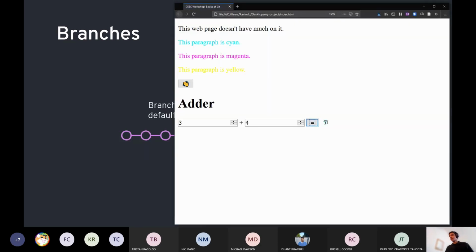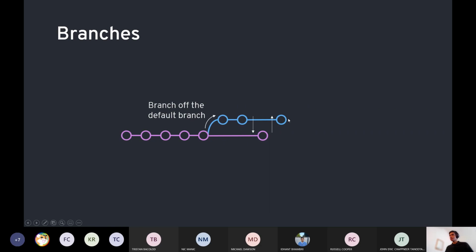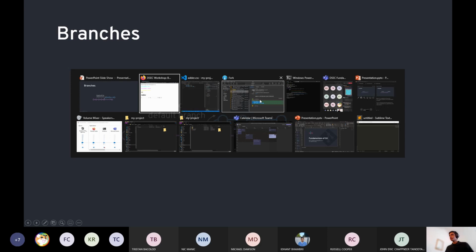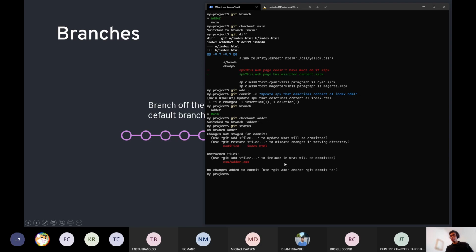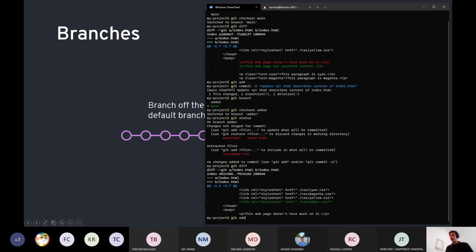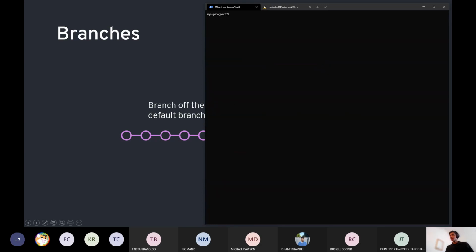So 3 plus 4 equals 7, and you'll see that the actual changes that we did now, that is the CSS changes, have been added here. So I'm just going to commit this change as a new commit on my adder branch. So again, git status shows us that we've modified these files. Git diff shows us the changes of index.html. I'm just going to add everything. So stage everything using git add, and git commit -m, and I'll call this emphasize adder result, for example.